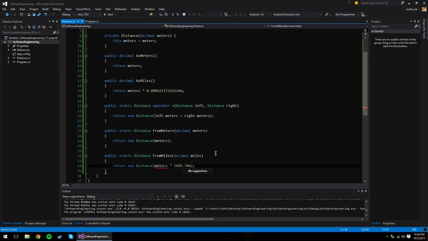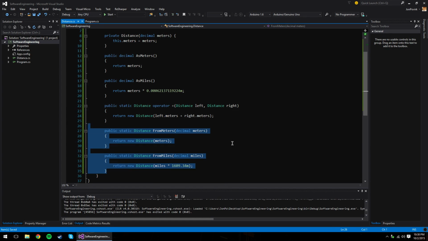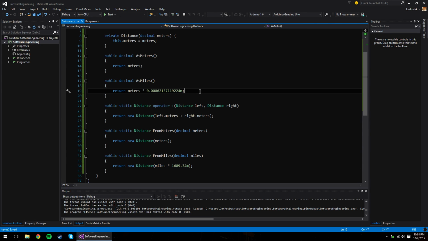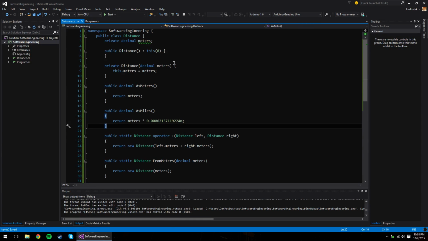Remember, we use M because that's a decimal literal. Excuse me, miles. And we can use this as well. Now, we shouldn't be in love with this either because look, we have a concept of miles to meters here, and we have a concept of miles to meters here. So maybe it would be better to say something like we have a